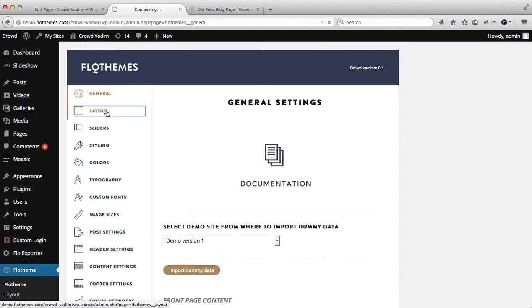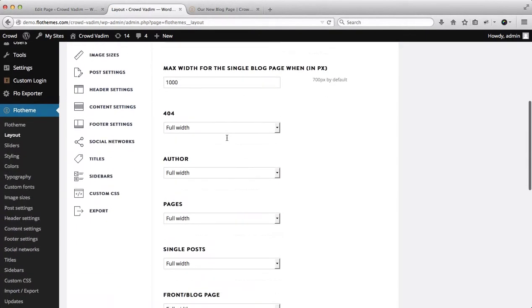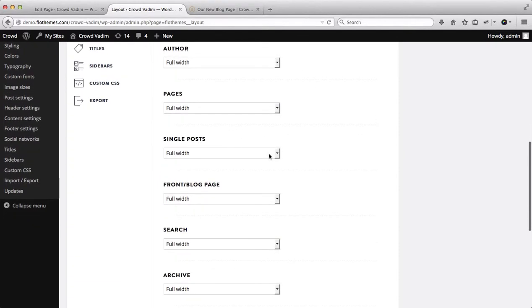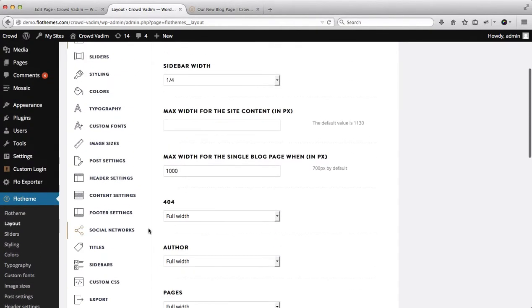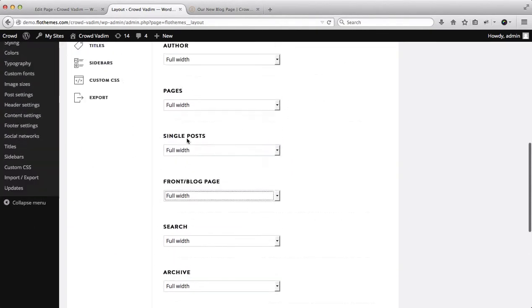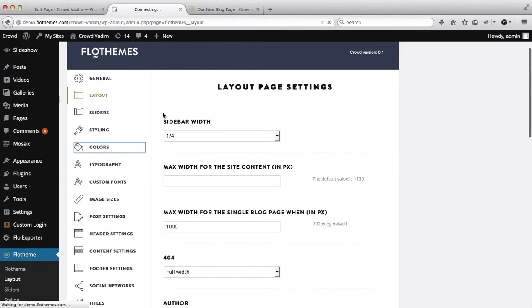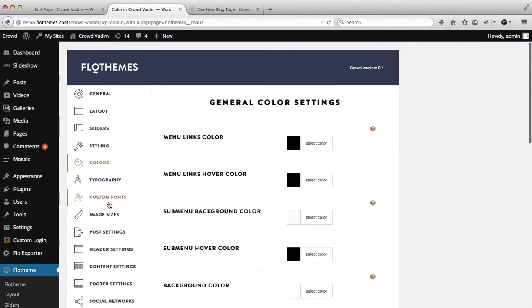So first of all, we have this layout option. And there's really only one feature here, and it's related to your sidebar. So scroll down until you find front blog page, and here you're able to select your right hand or left hand sidebar that you want to add to your main blog page. Okay, so you're able to do that here. I'll just leave this at full width as I do not like sidebars. Next, we have